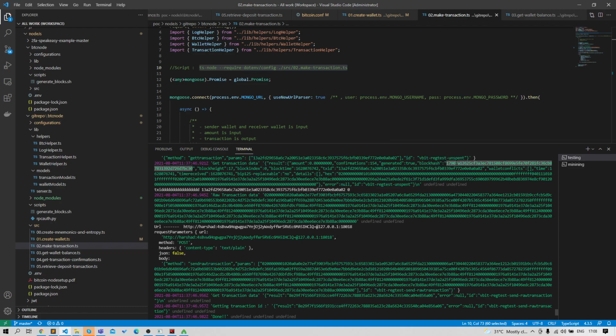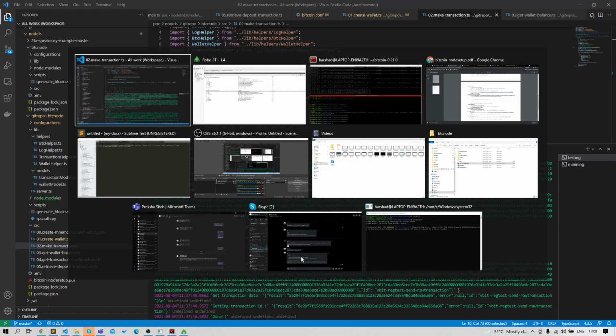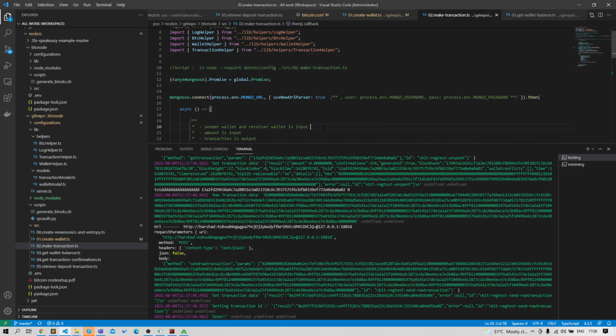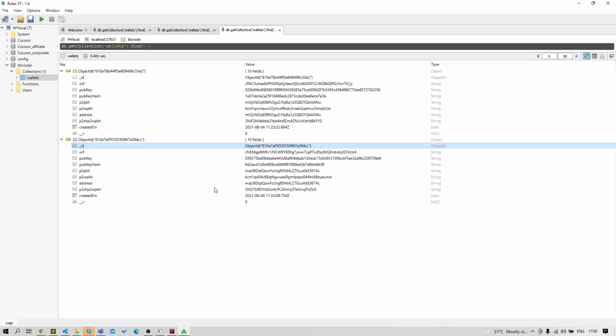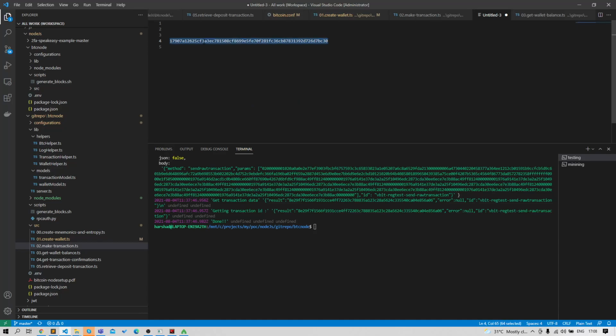So note down that block hash is a number, a block where we store this transaction into the blockchain. So note down that block hash in your file somewhere.